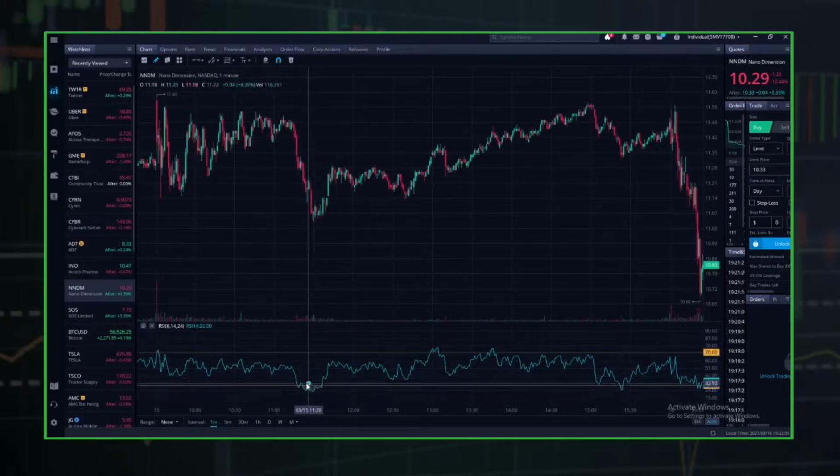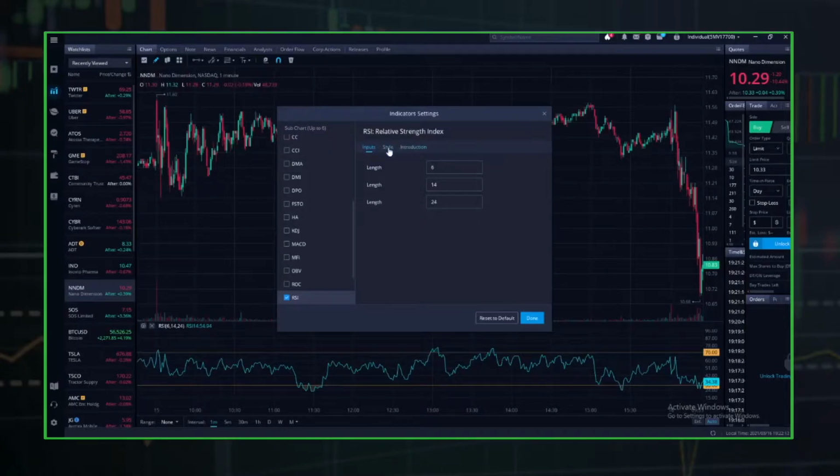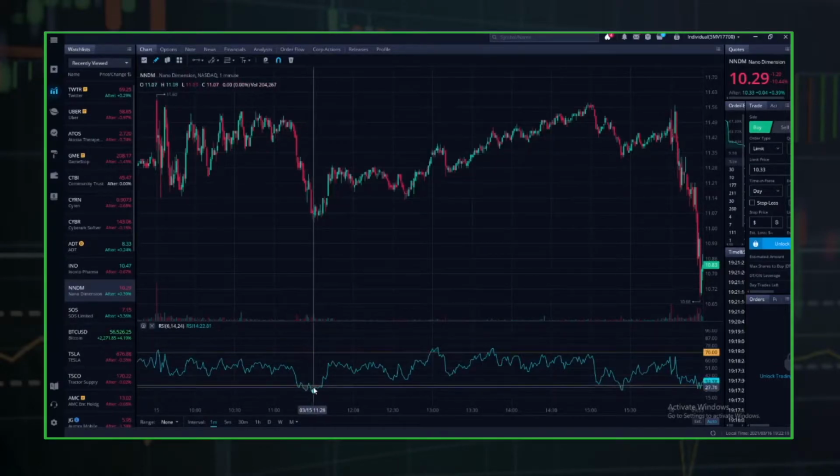As you can see, the RSI is on the bottom, in a subchart, and it's this blue line, or whatever line color you decide to make it in your settings. But here is the RSI. Basically, the easiest way to explain it is that if the RSI is under 30, it is oversold. If it is over 70, it is considered overbought. Typically, traders like to buy when the stock is oversold, and they'll sell when the stock is overbought, but it's